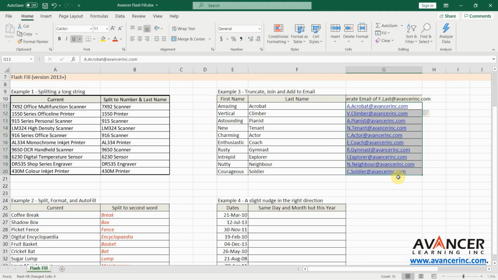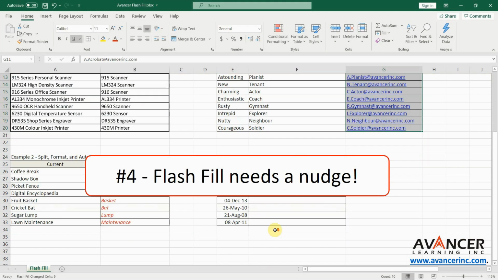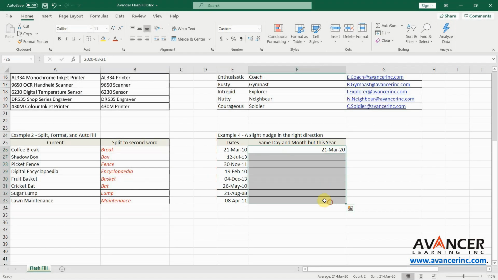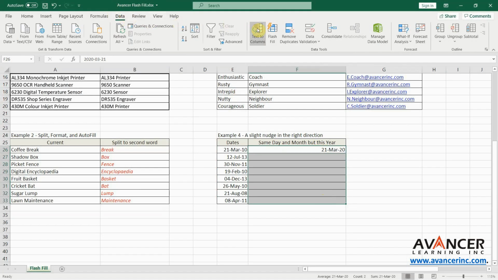For my last example, here I have dates in my left column, and in my right column I want to use the same day and the same month of the dates, but I want to change the year to 2020. And I'm going to do that for my first entry, 21st March 2020. Now when I select that date and I go to the data tab and I click on FlashFill,